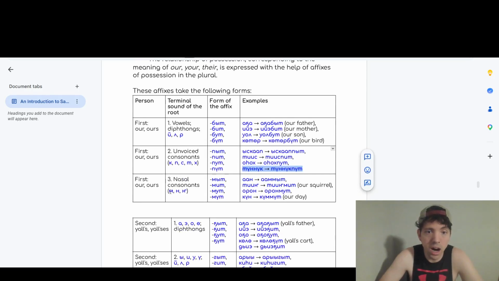Then if it ends in m, n, or ng, then you're going to add mut, mit, mut, mut. I don't know if I'm saying that final t sound as soft as they do. I'm pretty sure when I listen, I shadow, I copy, I don't hear them saying it like that standard English t. It may not be as light as I'm saying mut, mut. I think it's like that. Mut, mit, mut, mut. All right. An, mut. So that final n changes to an m. Ting, ting, mit. Our squirrel.